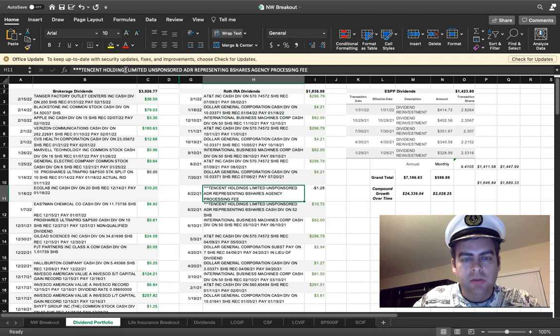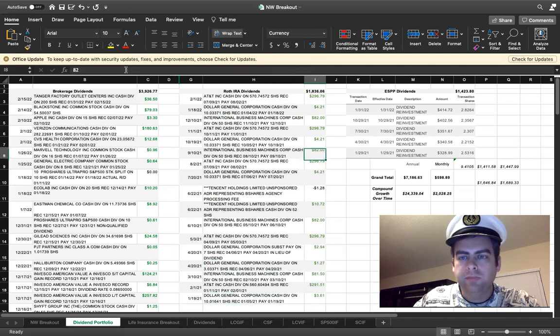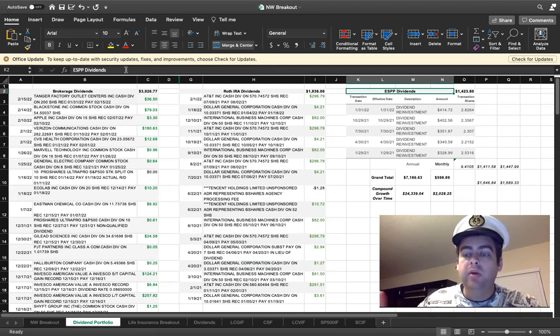This is something else here. This is like a 10-cent holding restructuring, and then they paid out some kind of unsponsored, representing whatever. But yeah, so in this one, this is the same kind of value stocks that pay these dividends. My employee stock account pays almost 1,500 in dividends quarterly, and so that keeps compounding, and that's really nice